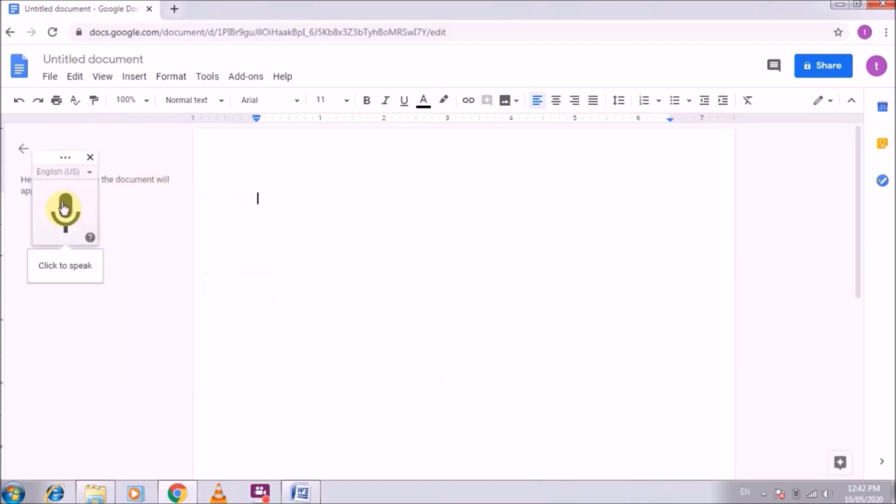For voice typing, click on this icon, it will turn red and then you can speak like this.